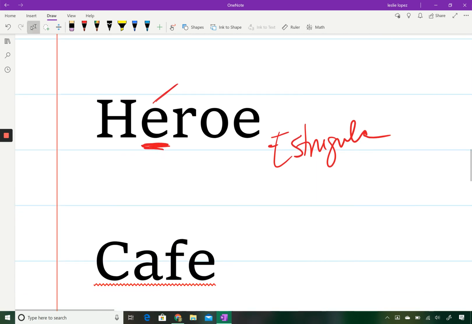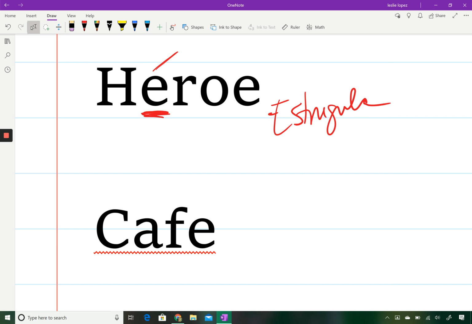Our next word is café. Café. And as you can see by the red line, it clearly needs a tilde. But where? Café. Okay. So, café has a stressed syllable at the end. Because of that, it's a palabra aguda. And since it doesn't end in anything, it does have a tilde.